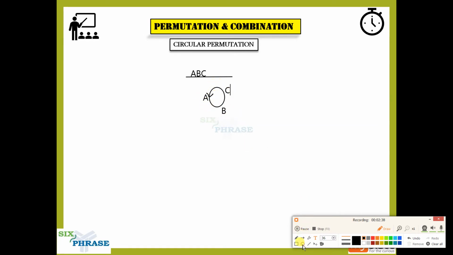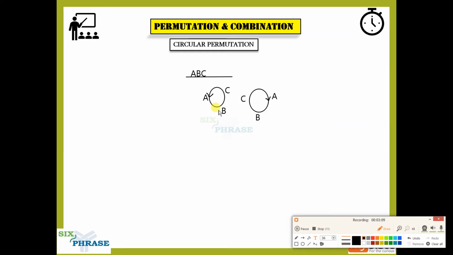If I had to arrange it in a clockwise direction, guys, so this is clockwise, this direction is clockwise. If I had to arrange ABC in a clockwise direction, I'll have A here, then I'll have B here, then I'll have C here. This is clockwise, so A, B, C. I'm going in the direction of the clock. Here I'm going in the direction against the clock, A, B, C. So this is clockwise, this is anti-clockwise.